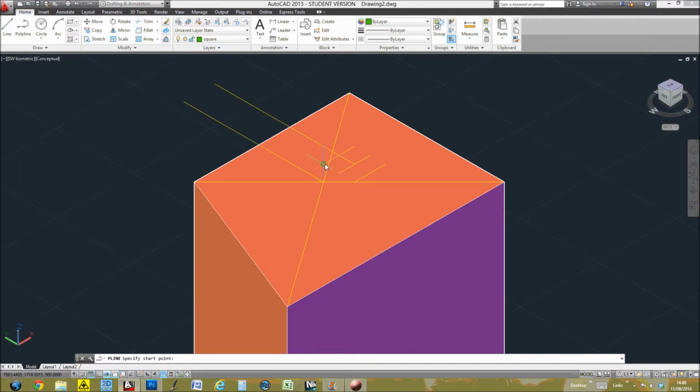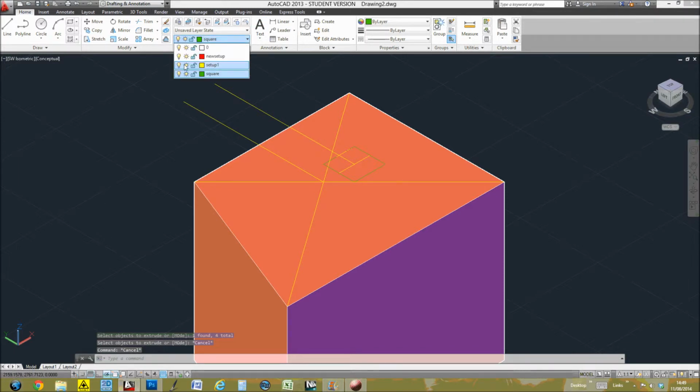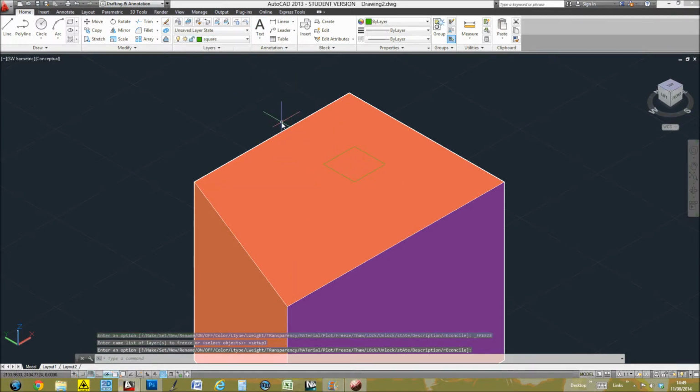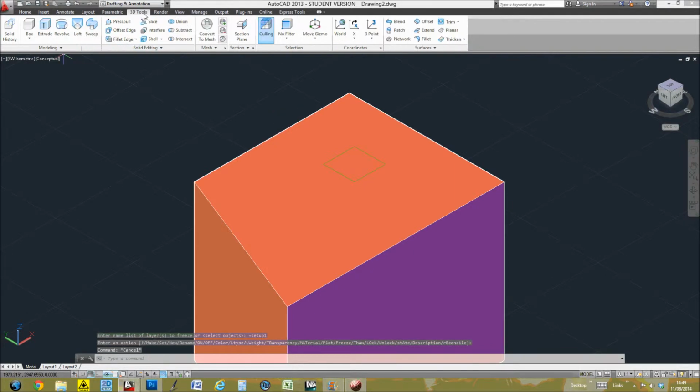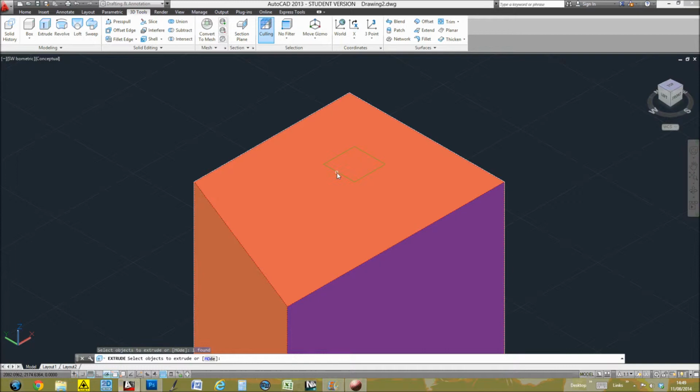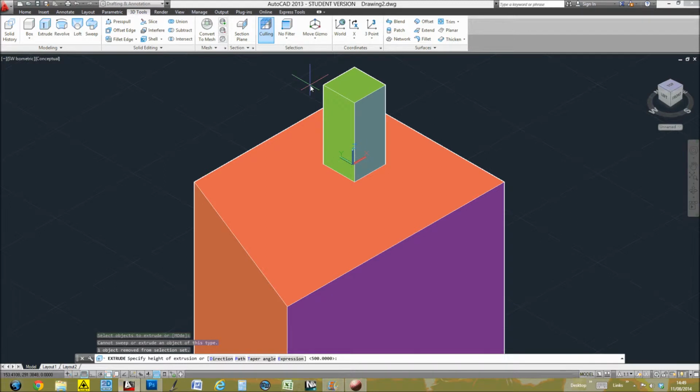I'm just going to do a polyline from there to here to there, and then back to here, and again I'm going to use my close command just to close that. I can now extrude this, and you'll notice in this case it's grabbing the wrong part. So this is a moment where going into my layer dialog box and freezing my setup layer would be quite useful, because I can now extrude this shape here far more easily. It's got it. I'm just going to extrude this up 200 millimeters,